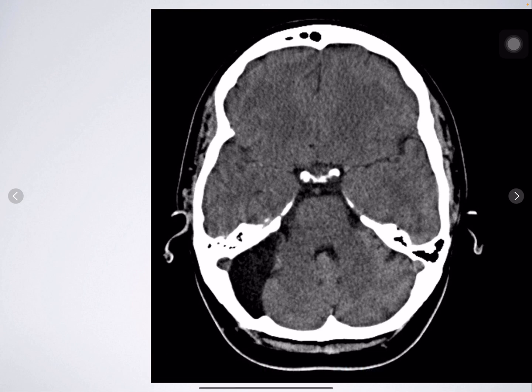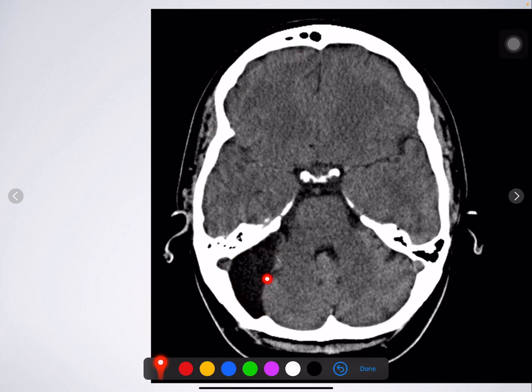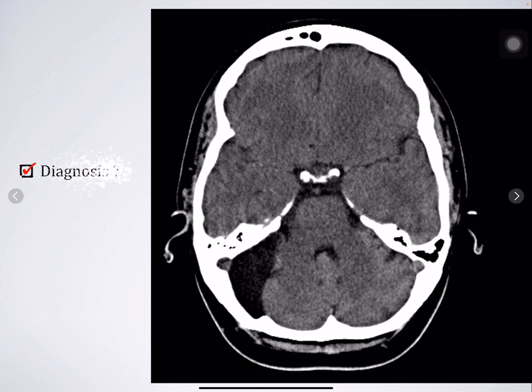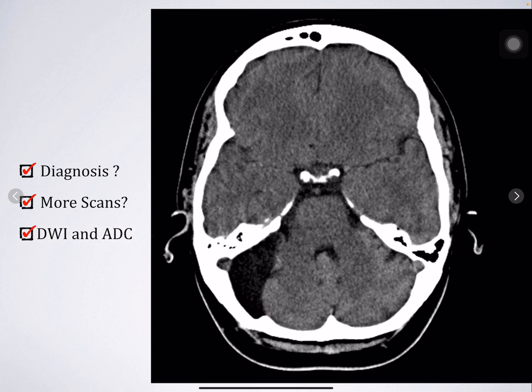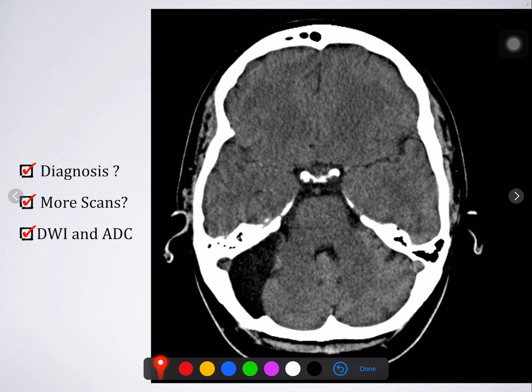So this is a CT scan of the head, and it's showing this hypodense area in the posterior fossa. So what's the differential diagnosis in this case? This can be an arachnoid cyst or it can be an epidermoid. So we don't know. So in this case, you need to do more scans or further investigation, and the scan of choice that can differentiate between an epidermoid and an arachnoid cyst is the diffusion weighted images and the